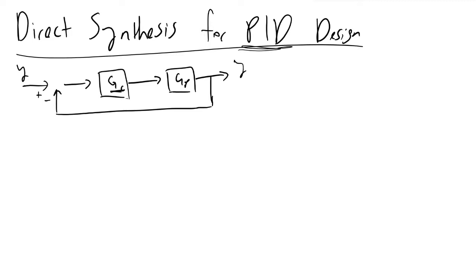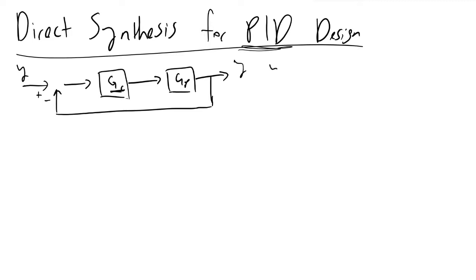And direct synthesis along with the internal model control are 2 ways that process control engineers in practice are able to determine what parameters to go with. And the nice thing about direct synthesis as well as IMC is that we only will have to tune 1 parameter, lambda, in all of our models to obtain the other tuning parameters in the PI or PID control that we end up getting. And so to start off with, if we take this classic closed loop transfer function